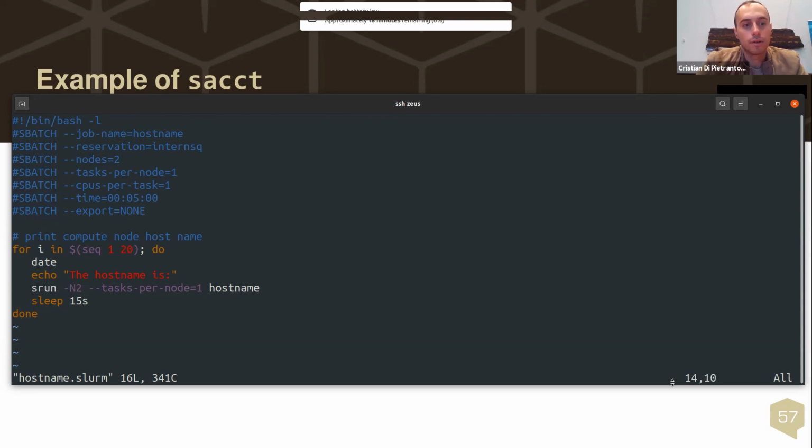What srun actually does is create multiple copies of your program and send those processes to the various nodes as you specify in the options. For instance, I tell srun that I want this program hostname to run on 2 nodes, and for each node you just run one task. So I'm basically repeating what I've written in